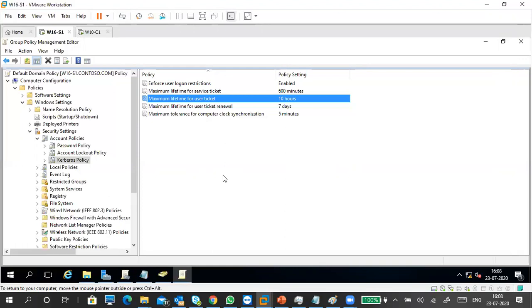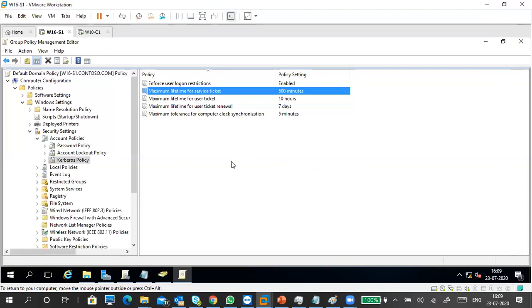You can log in later without the domain controller also. The first time, the domain controller is important. Once you have a ticket, even if you are disconnected from the domain, no problem, you can log in. But if you log out and the domain controller is disconnected, now you want to log in, you cannot do it. So that's the magic. Remind me tomorrow or any other time, just ask me this. Once you got a ticket, the validity is 10 hours.